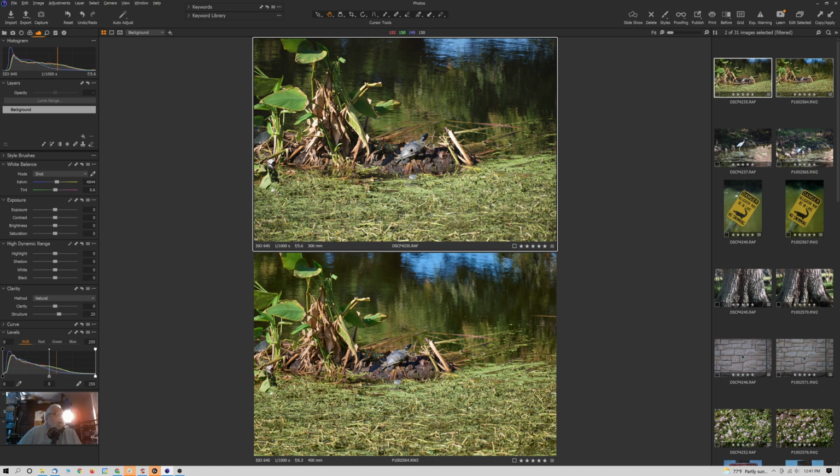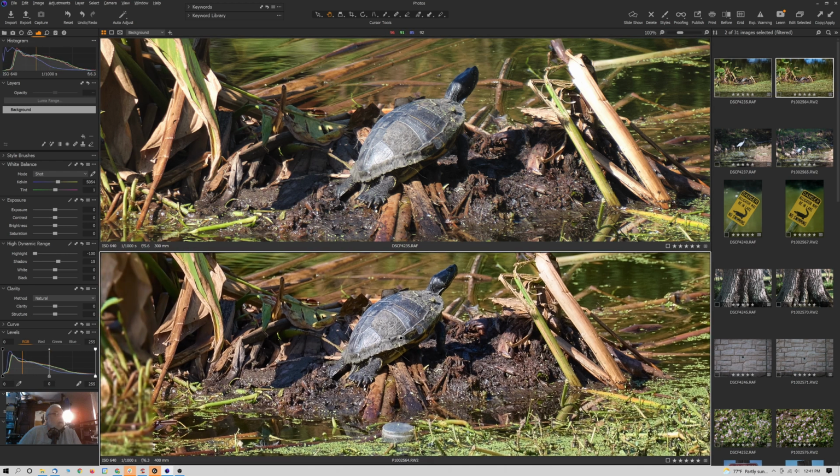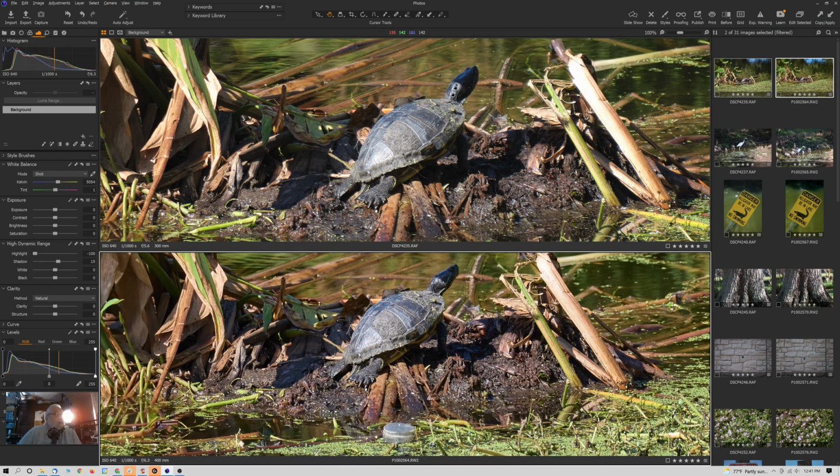Now let me go ahead and zoom in. You'll see a little cursor pops up here that basically tells you it's loading the file. So sometimes when you see these first load, they won't be at their full resolution. Let me line up the turtle here. Again, no huge difference, but